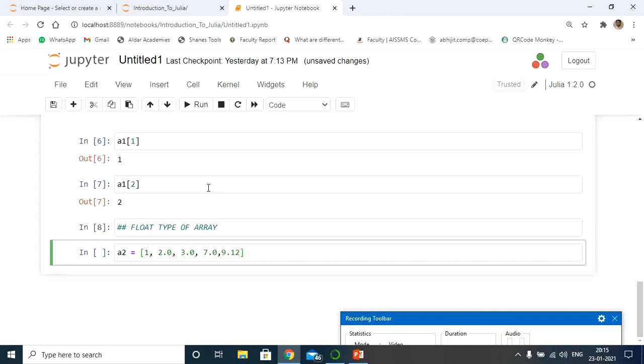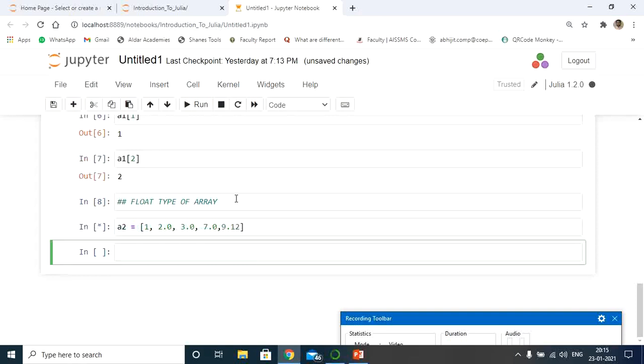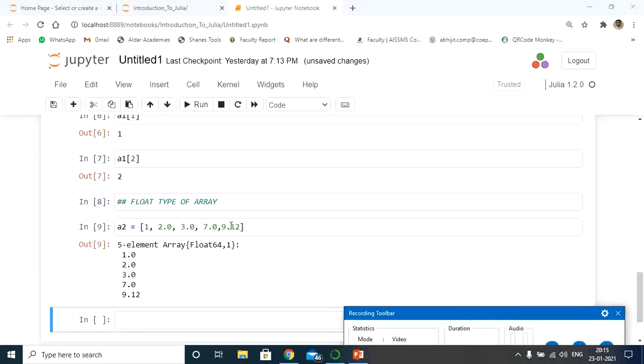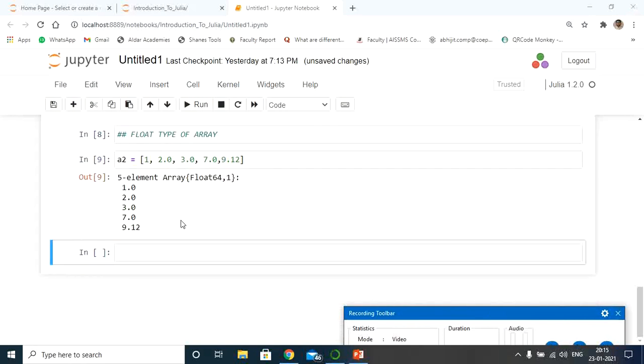Shift and Enter. Let's see how the elements are displayed in a floating type of array using the Julia programming language. Now you can see it has given me the elements like 1.0.